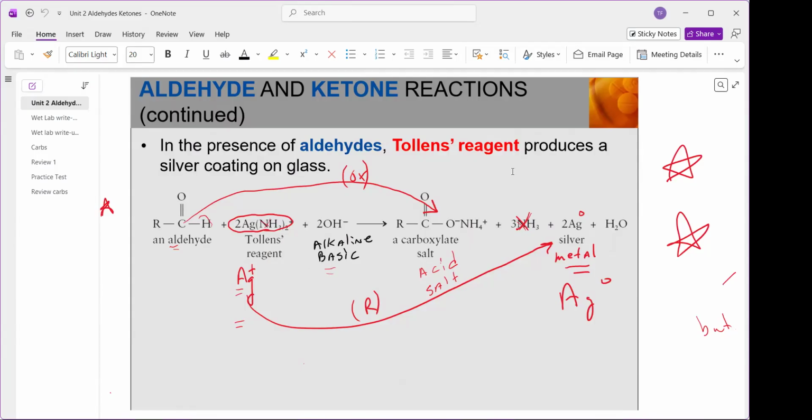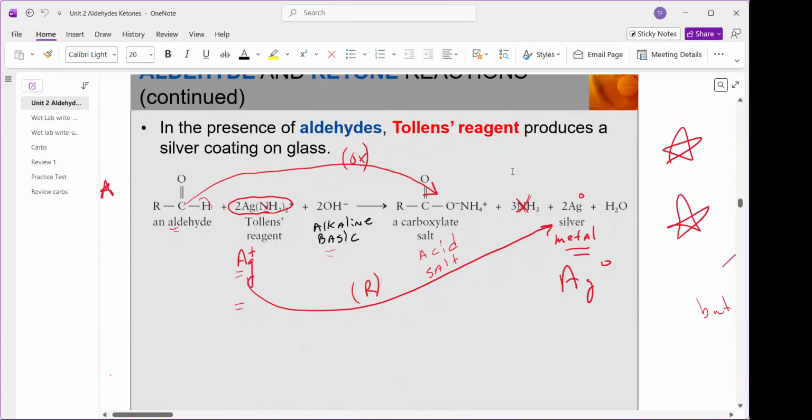we start with the aldehyde. We're going to put an oxidizing agent in there, and this is what happens. And it's also an alkaline or basic environment as well. Okay, so the first test is called the Tollens test. And what happens is the aldehyde goes to the salt of the acid. So you're looking at